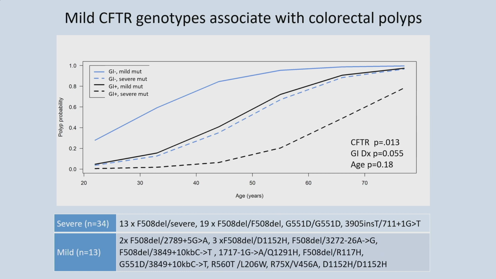And notice that age had an effect, with increasing risk for polyps with increasing age. Very interestingly, and to our surprise, adults carrying mild CFTR genotype had a higher risk for polyps. CFTR genotypes are listed in the table below. Further, presence of GI condition had a lower polyp risk. One explanation could be PEG treatment, since most of the GI conditions were constipation and DIOS. This may have a protective effect.